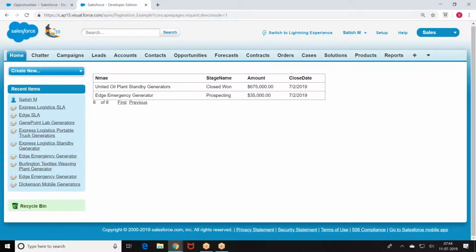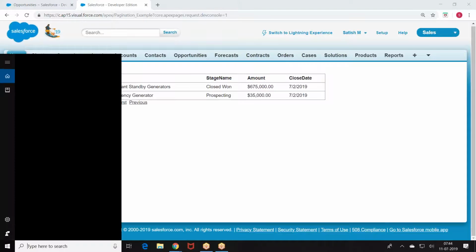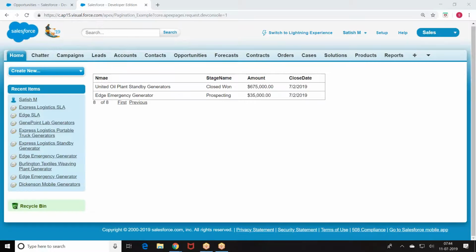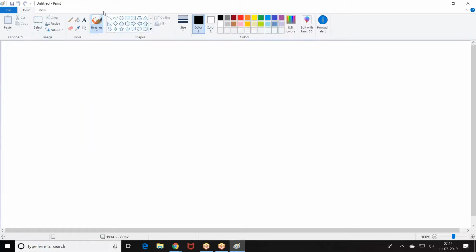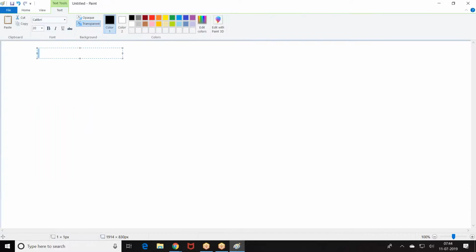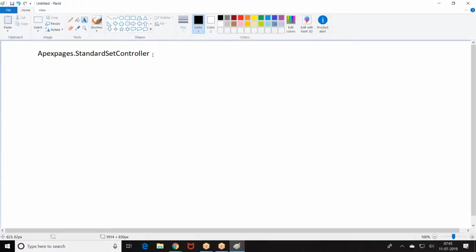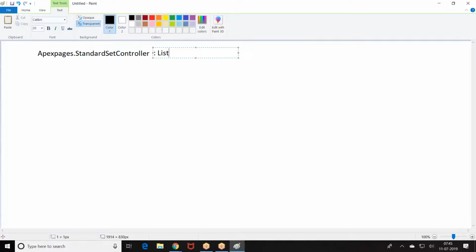Now, to achieve this, what is the actual functionality running here? Technically, let us understand this functionality. The functionality is Apex pages dot standard set controller. This will refer to a list of records.